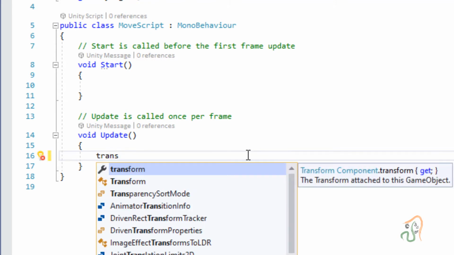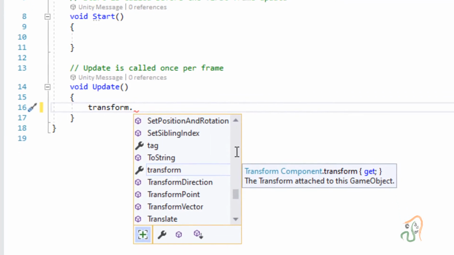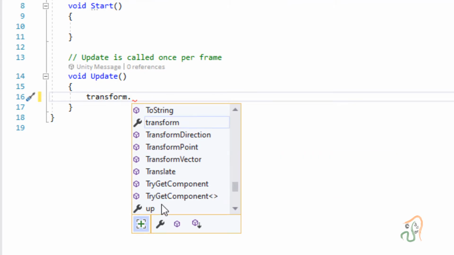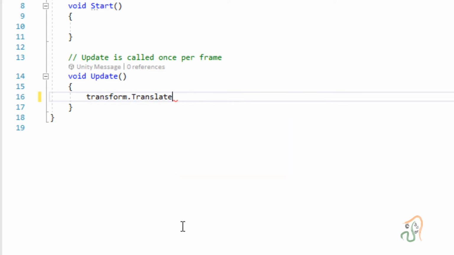Choose Transform, and after selecting it, put a period. When you put a period, it gives you a lot of functions, and here you have a function called Translate. Select this function, Translate.